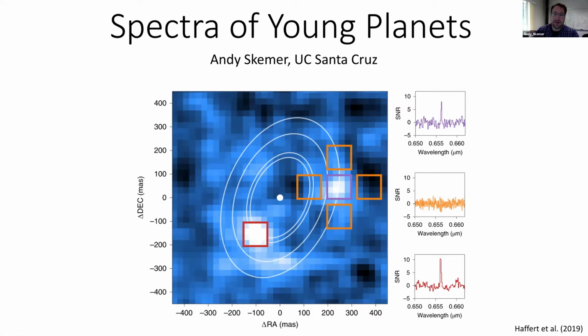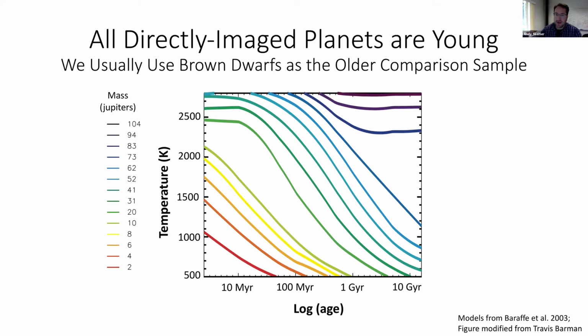Yeah, so I'm going to be talking about spectroscopy of young planets, and in particular, directly imaged planets. Trevor just did a nice job explaining at the beginning of his talk some of the difficulties of doing transits on younger objects. Conversely, for direct imaging, it's actually easier for us to work on younger objects. And in fact, an important point I want to make right at the beginning is that every planet we've ever